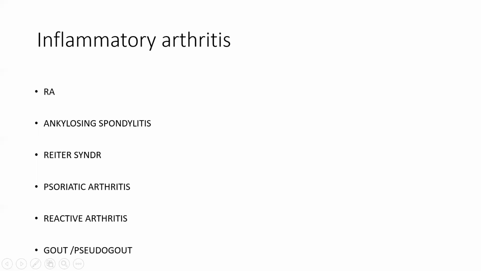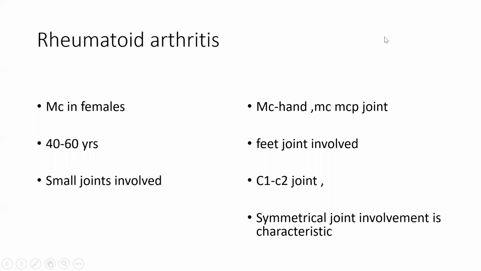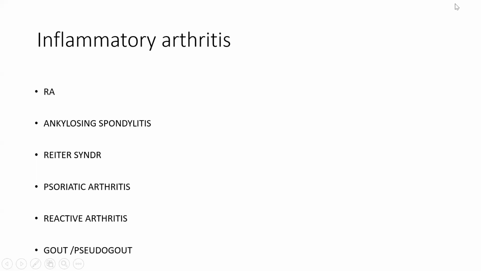Okay. So today we'll start with inflammatory arthritis. Inflammatory arthritis is arthritis which is because of inflammation. The earlier arthritis, osteoarthritis, what we had talked about, is regarding a degenerative issue. Inflammatory arthritis means because of inflammation. There are many diseases which can cause inflammation inside the body. So we'll discuss one by one and then we can summate it later on.